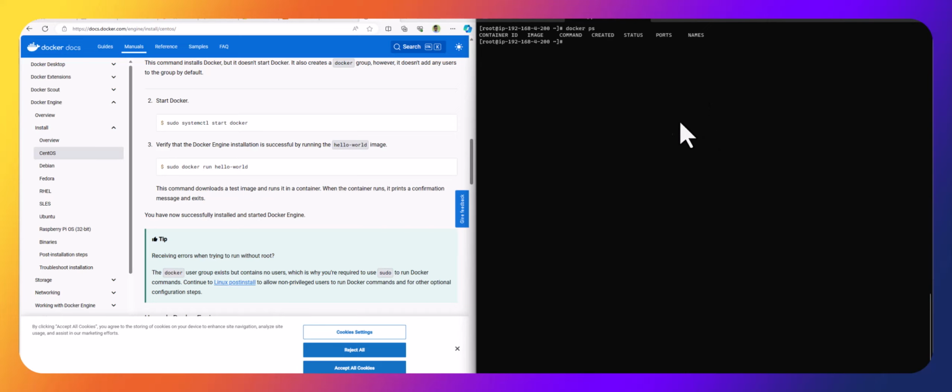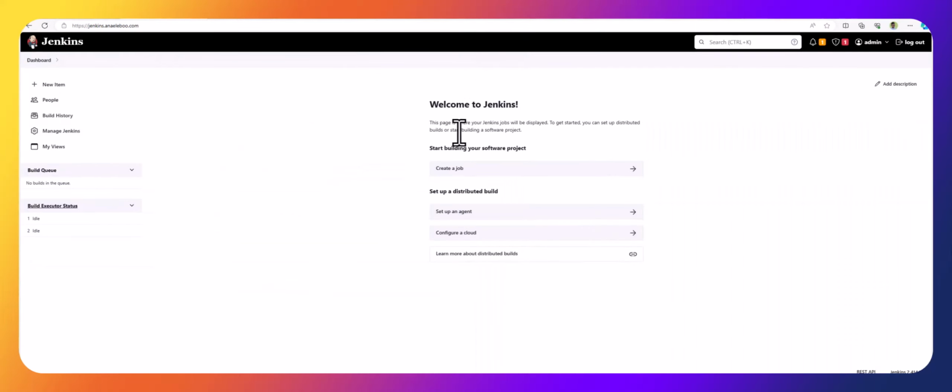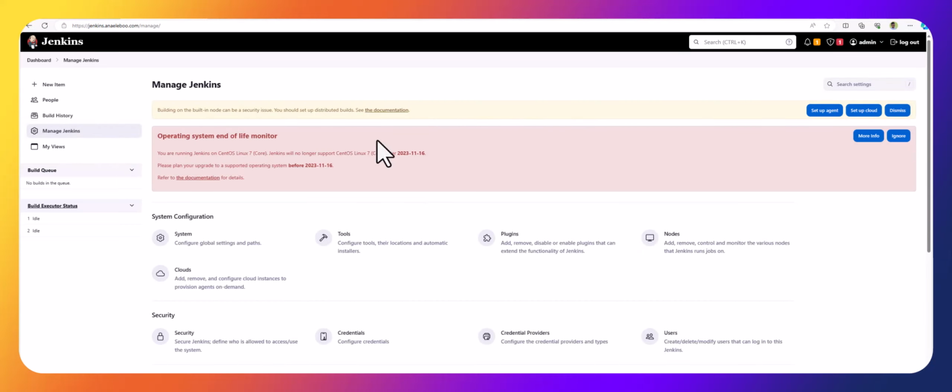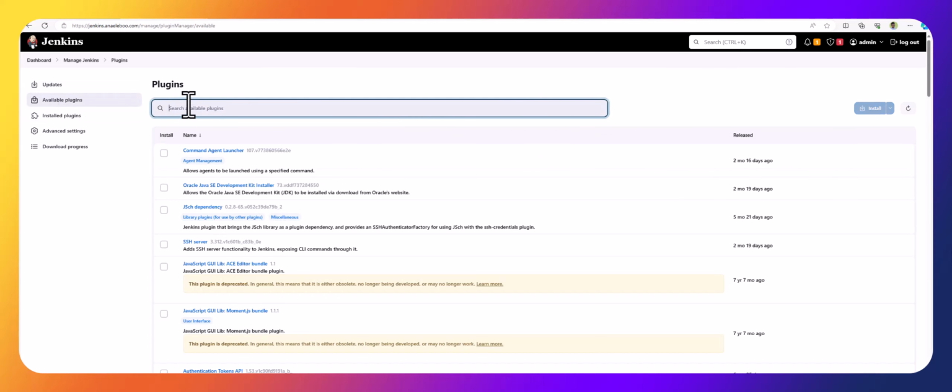The next thing to do is to make sure that we install Maven, Git, GitHub, and Maven plugins, Docker plugins, right? So we're going to go to our Jenkins. Let's make it bigger. We're going to go to our Jenkins server, right? This is our Jenkins URL, right? So I'm going to go to Manage Jenkins. Don't worry about this one. So I'm going to go to plugins, and over here I'm going to go to available plugins, and I'm going to search for